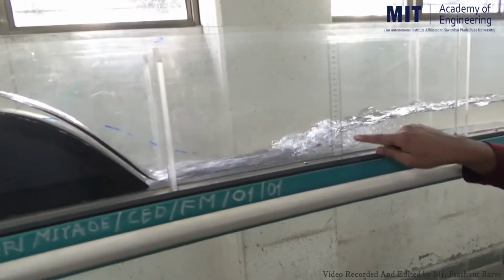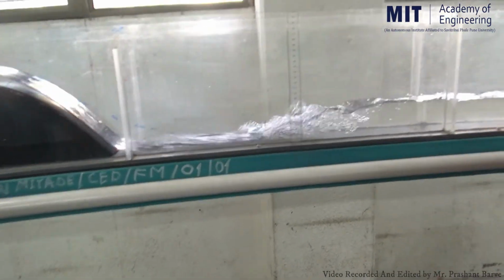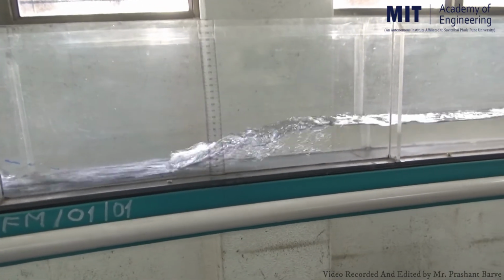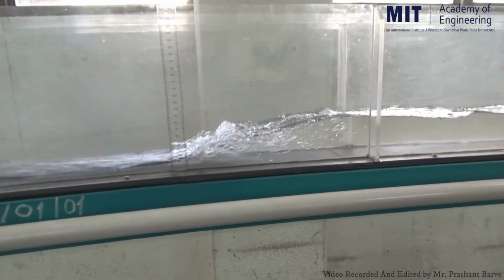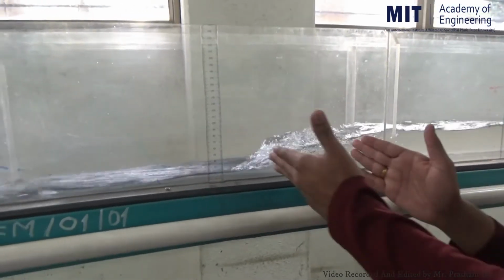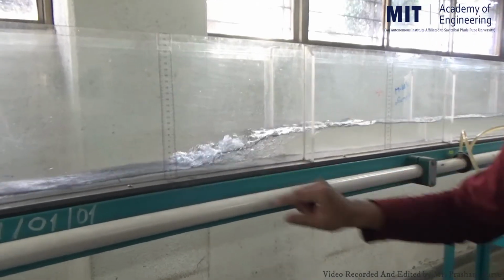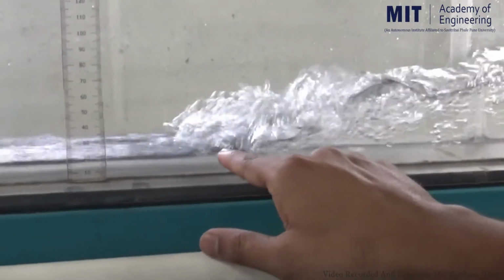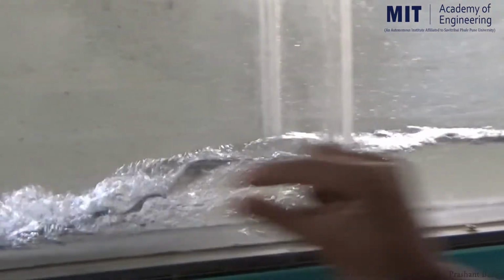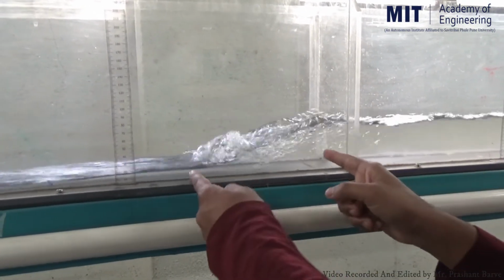So I think here if you observe, this is a perfect location for our hydraulic jump. It has been formed. Yes, so now we can observe here. This is hydraulic jump. See here the depth. Up to this section, depth is this much only. But if you look beyond this section, depth is suddenly increased over a short length.